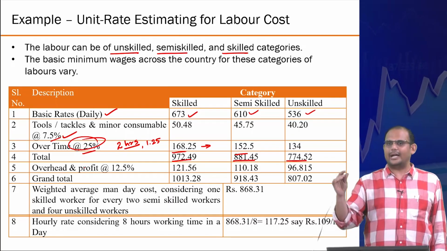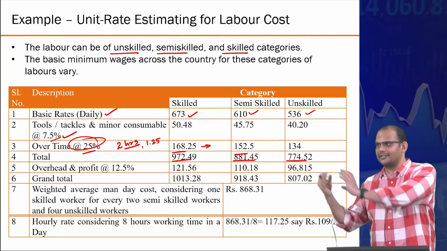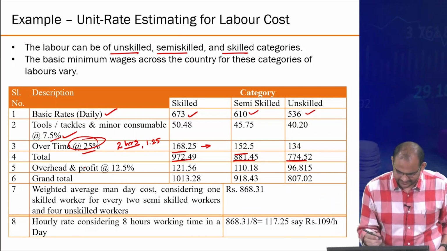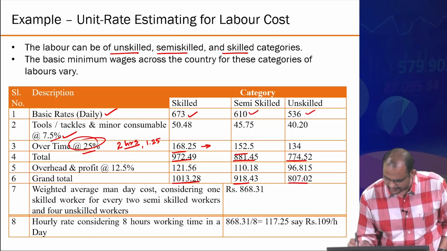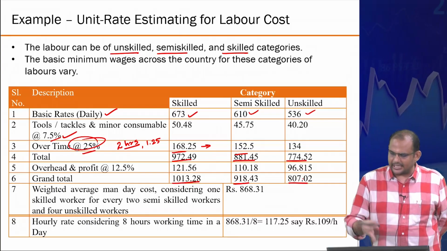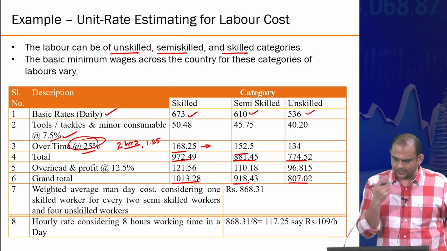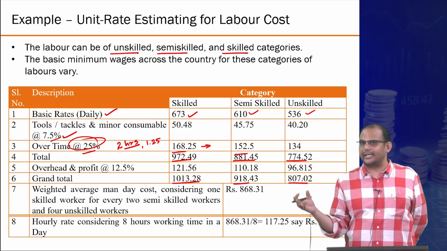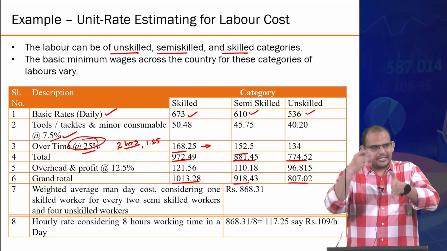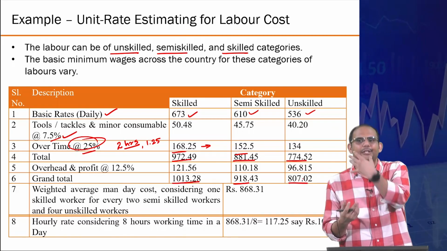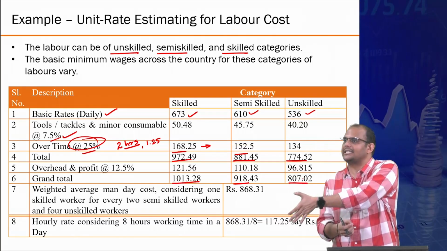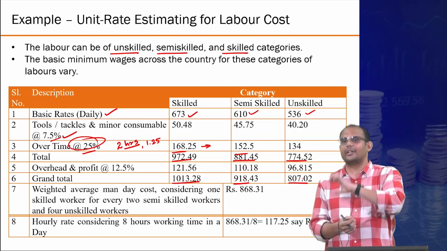Overhead and overtime are different. Overtime is additional work, overhead is extra cost that you are having on and above of whatever this is. So this is coming out to be this kind of a value. Now this is for skilled at different categories, but you also need to know in each unit of activity, on an average, what is the relative proportion of skilled versus semi-skilled versus unskilled. In 1 cubic meter of work, how many skilled versus how many unskilled versus how many semi-skilled you need in order to get an average number, right?